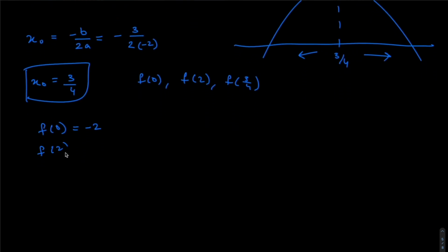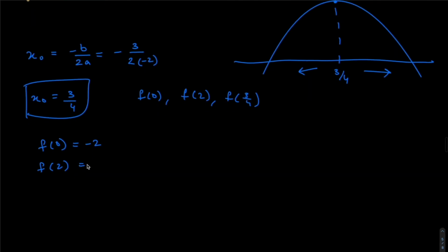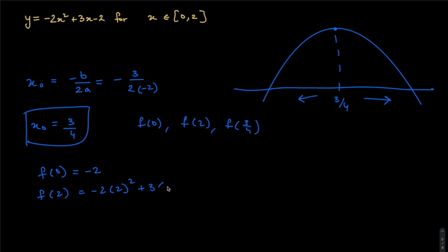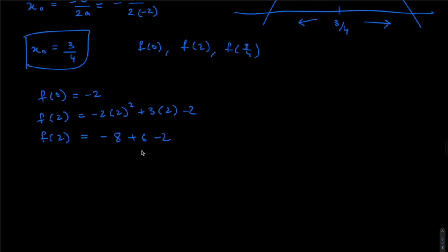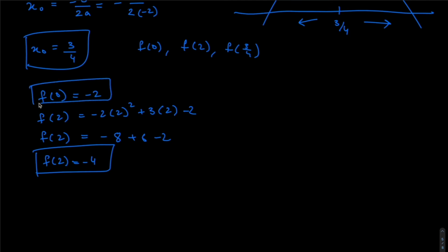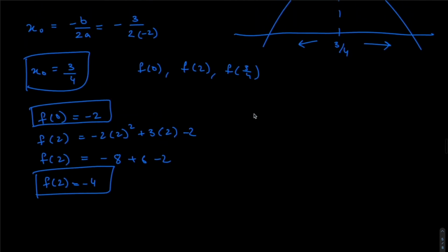Now, f of 2, again, all I have to do is just plug in the values into x. So I'm going to have minus 2 whole squared plus 3 times 2 minus 2. So f of 2 will be minus 8 plus 6 minus 2, which will give me f of 2 is minus 4. Okay, so f of 0 is minus 2, f of 2 is minus 4, and f of